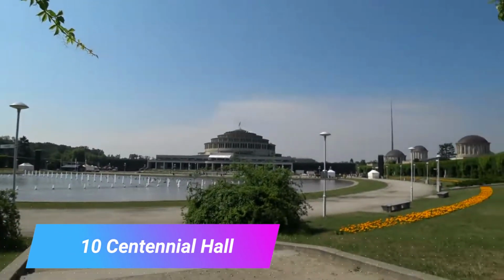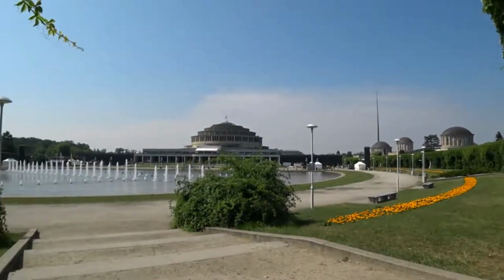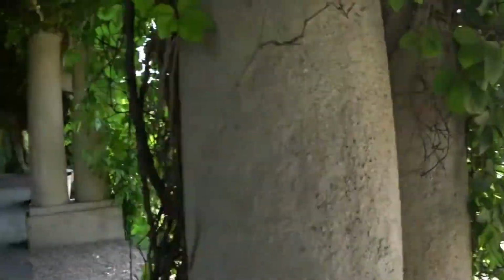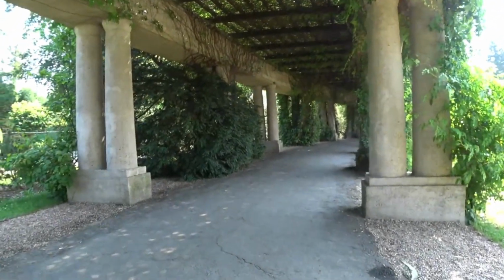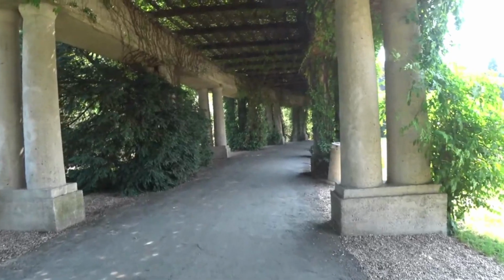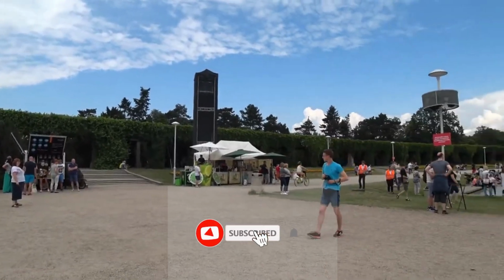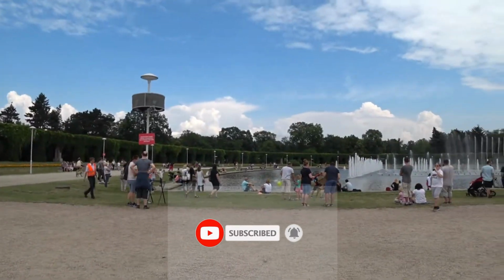Centennial Hall. Raised in 1913 for the 100th anniversary of the defeat of Napoleon at the Battle of Leipzig, the Centennial Hall is a technical marvel from the end of Wrocław's German era. Built at enormous expense and designed by the city architect Max Berg, this exhibition hall showed just what could be achieved with reinforced concrete. The Centennial Hall has a maximum capacity of 11,000, under a dome 69 meters high and